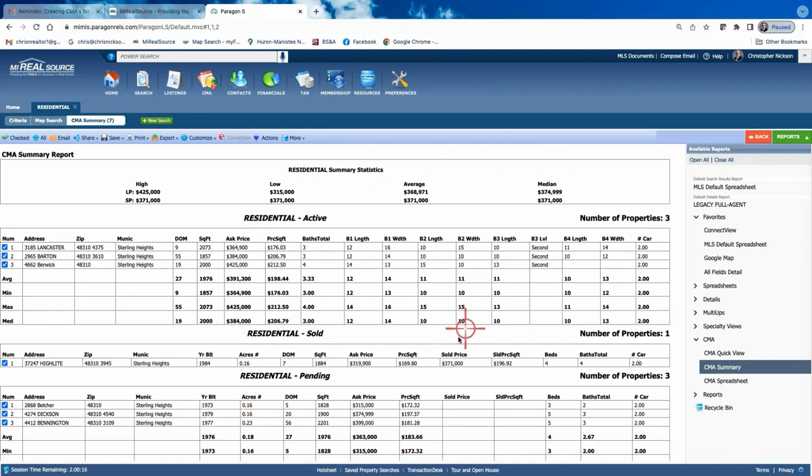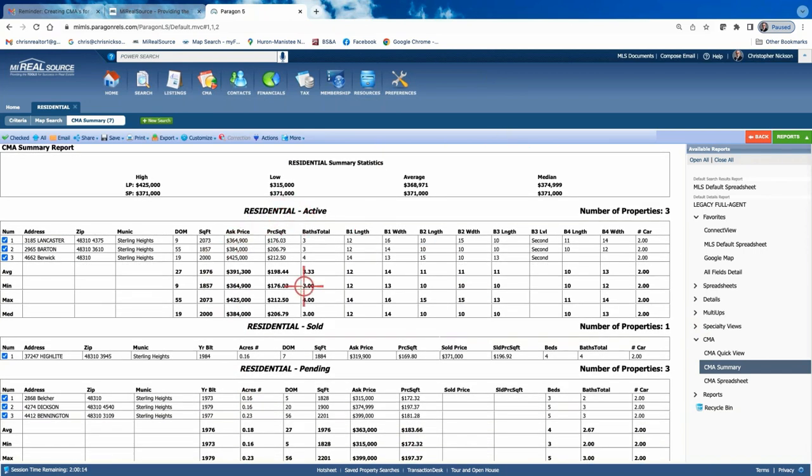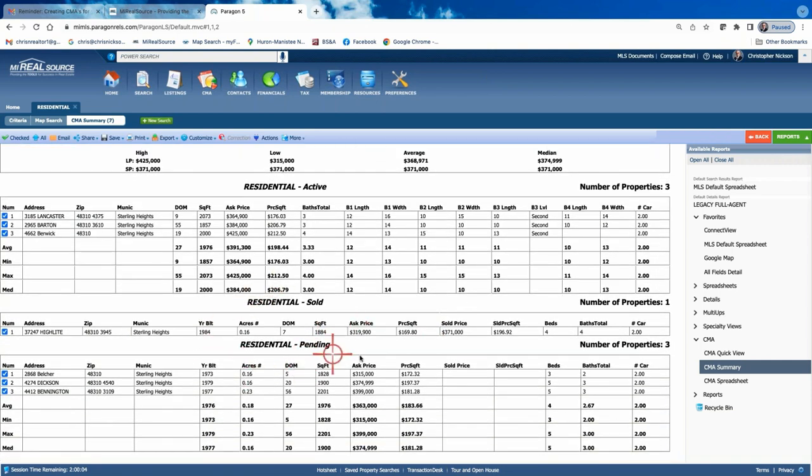And so when you generate a report like this, they can see what's currently on the market, what's pending in the market, and if there's a number of solds, what they're all selling for at that price point, which will help them to understand, hey, look, these homes are selling in this area for this much money. You need to change your expectations of where you want to be pricing wise if you want to get in a home. So this report, the CMA summary, it's a very quick report and it has a lot of uses